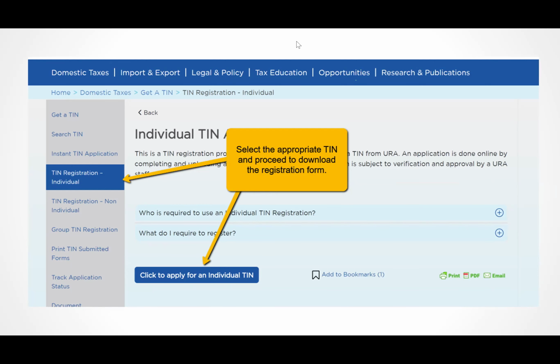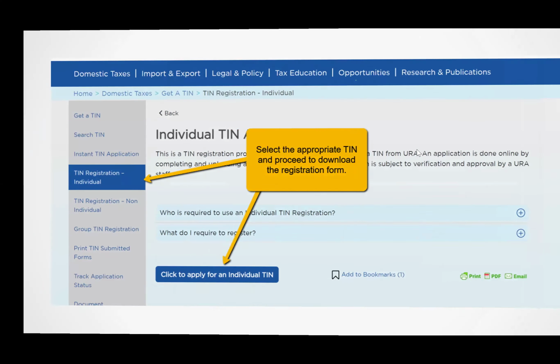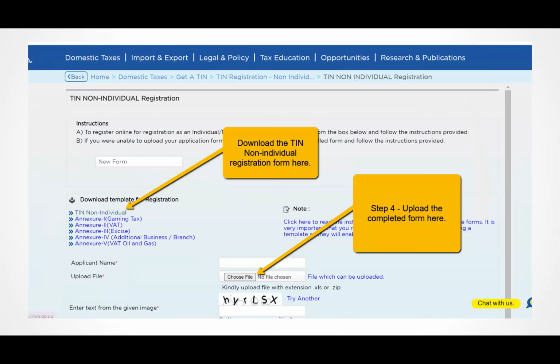So there must be a provision to click, and of course, you'll be taken to this page, which has several templates for you to complete. So if it is individual, non-individual, you still have these templates. So you click on any of the templates. For instance, if you want to register a non-individual, this is the page where you'll be taken. There is a TIN non-individual template. You'll see the different annexures. Annexure 1,